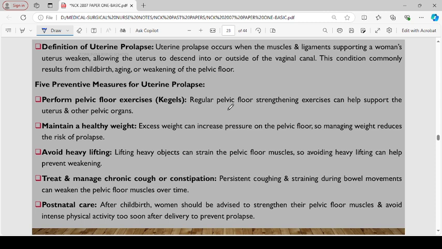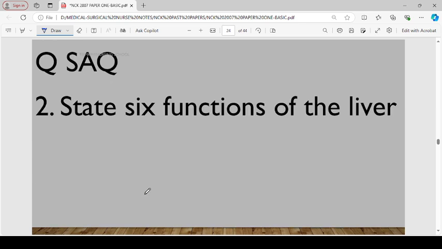We have some of the preventive measures where you could perform pelvic floor exercise, the one that we refer to as the Kegel exercise, maintain healthy diet, avoid heavy lifting, treat and manage chronic cough and constipation, and postnatal care. Number two,